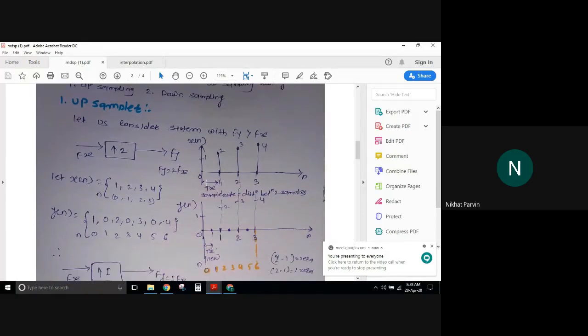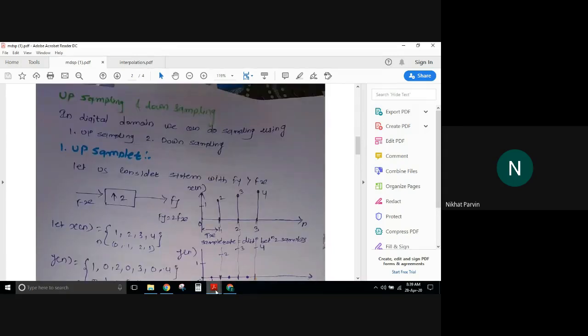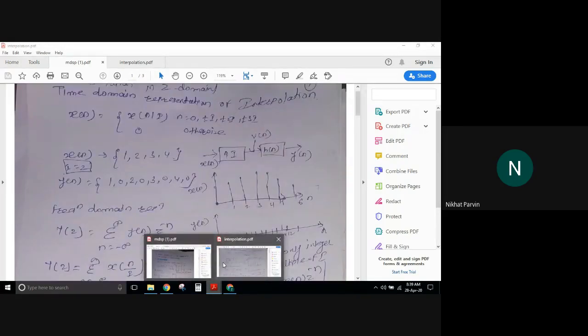You can see what I was telling: earlier you have this much difference between two successive samples. Now the difference is getting less and less. That means your frequency spectrum is getting compressed. Frequency spectrum will go on getting compressed. If you are doing so, more number of pass bands is coming into that interval, right? This is your actual interval. Now you are going to reduce this. That means the pass bands will come one after another without much gap. So because of that, what happens? Whatever we are getting is the exact replica of the original message.